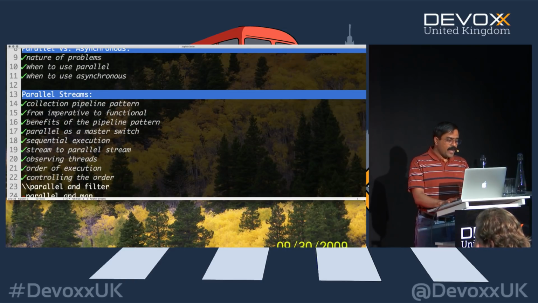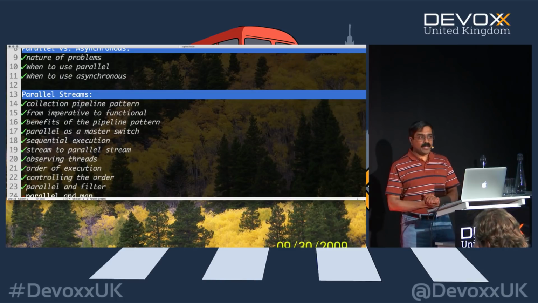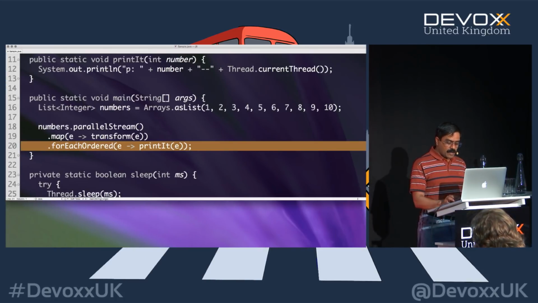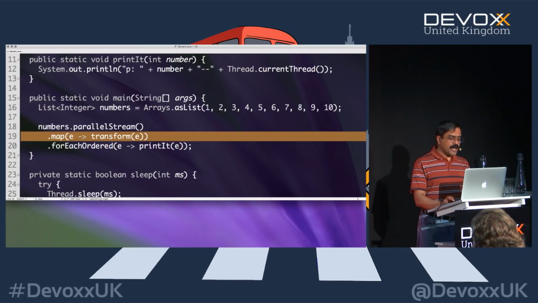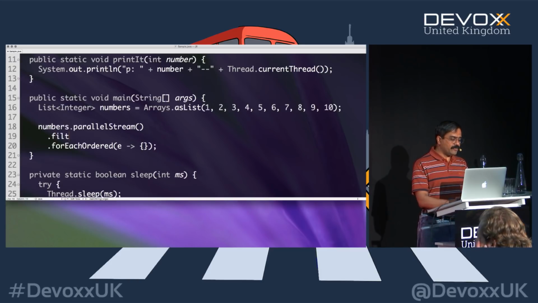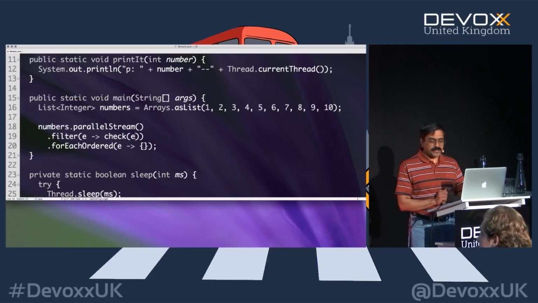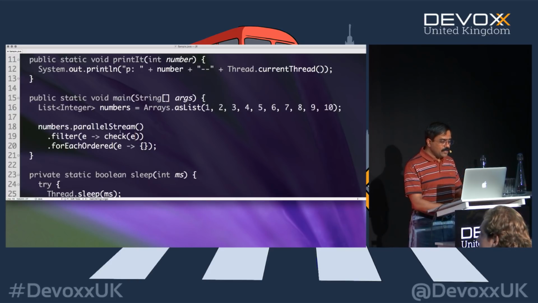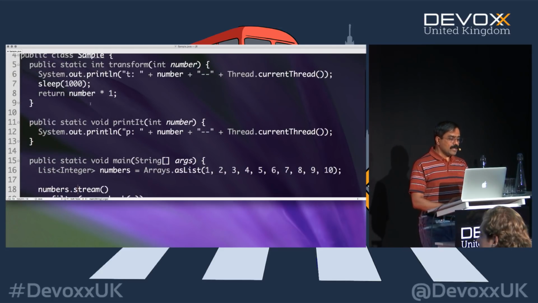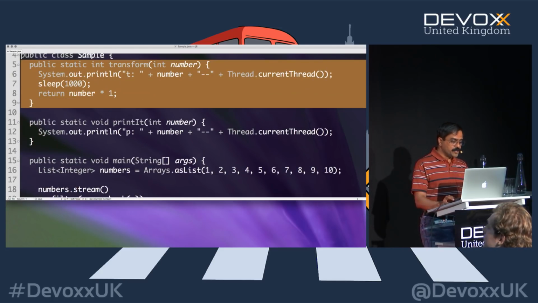Now let's talk about parallel and what are some of the consequences of using parallel as well. So when it comes to using parallel, what are the things that can run in parallel? Let's go ahead and again discard the output over here. Let's only focus on the filter. Given a value, I call a check method and pass the value to the check. Well, the filter is going to run in sequential mode right now. Let's take a look at what the check is going to do at this point.